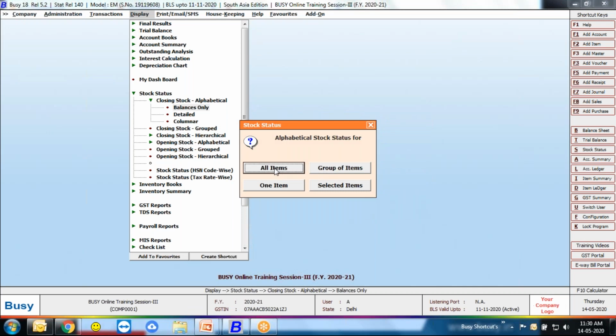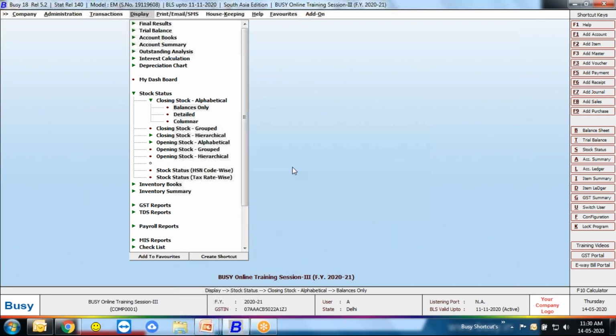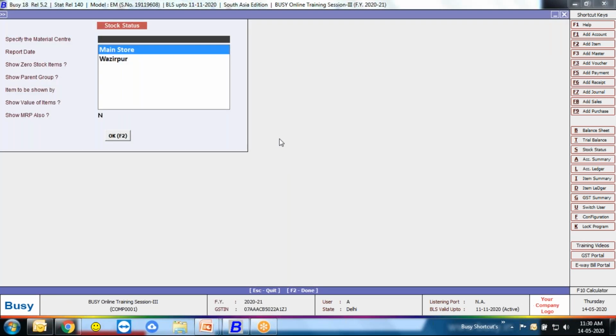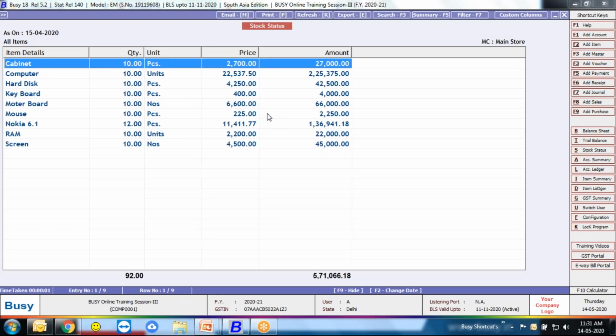You want to see all items, a group of items, or any single item? I said all items. I need to check all items' stock. You want to see the value of your stock? I said yes, I want to see the value of stock, definitely. So you just check it.